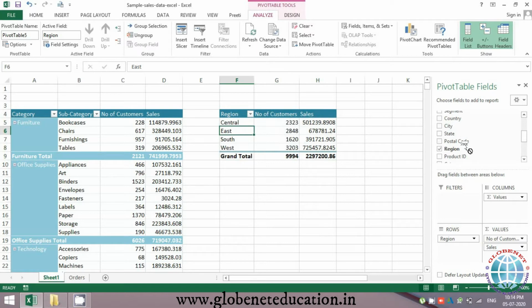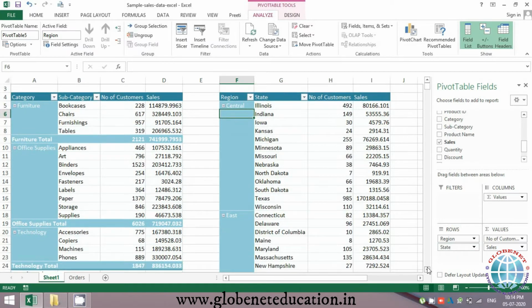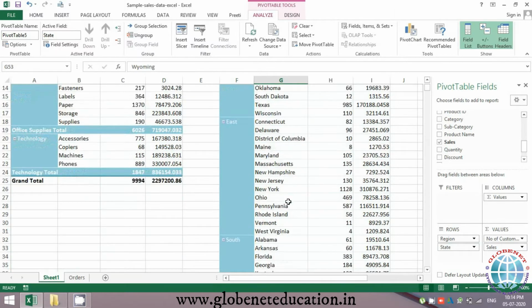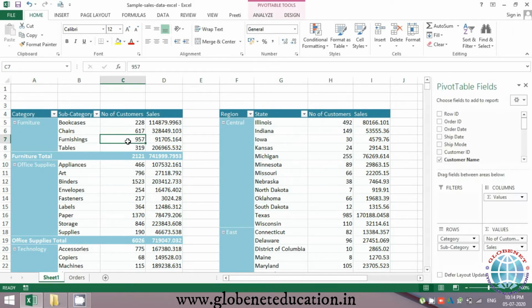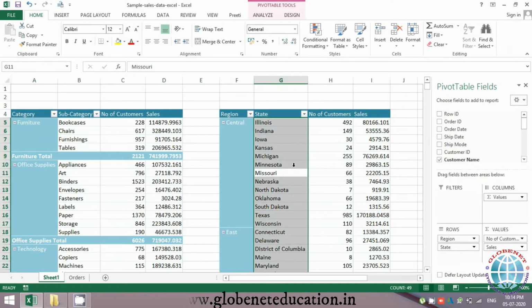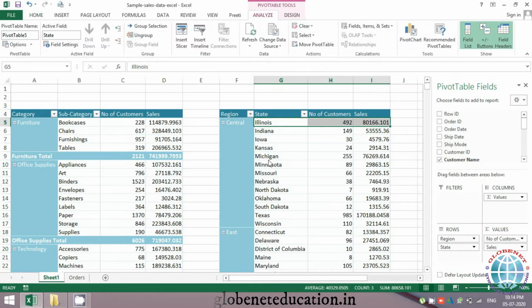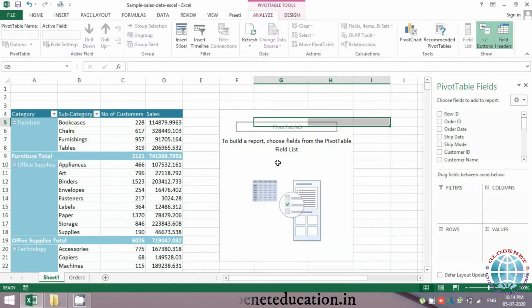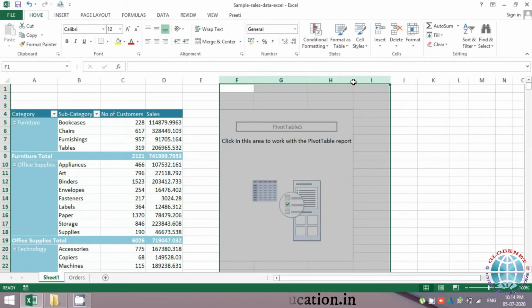Let me just create a little bigger one. Okay, so these are different pivots that I've created over here. In case you want to clear a pivot, you come over here and clear it. You'll still have this area. If you just want to get rid of it, you can simply delete the columns also. Just select that many columns and do Control minus to delete those columns.